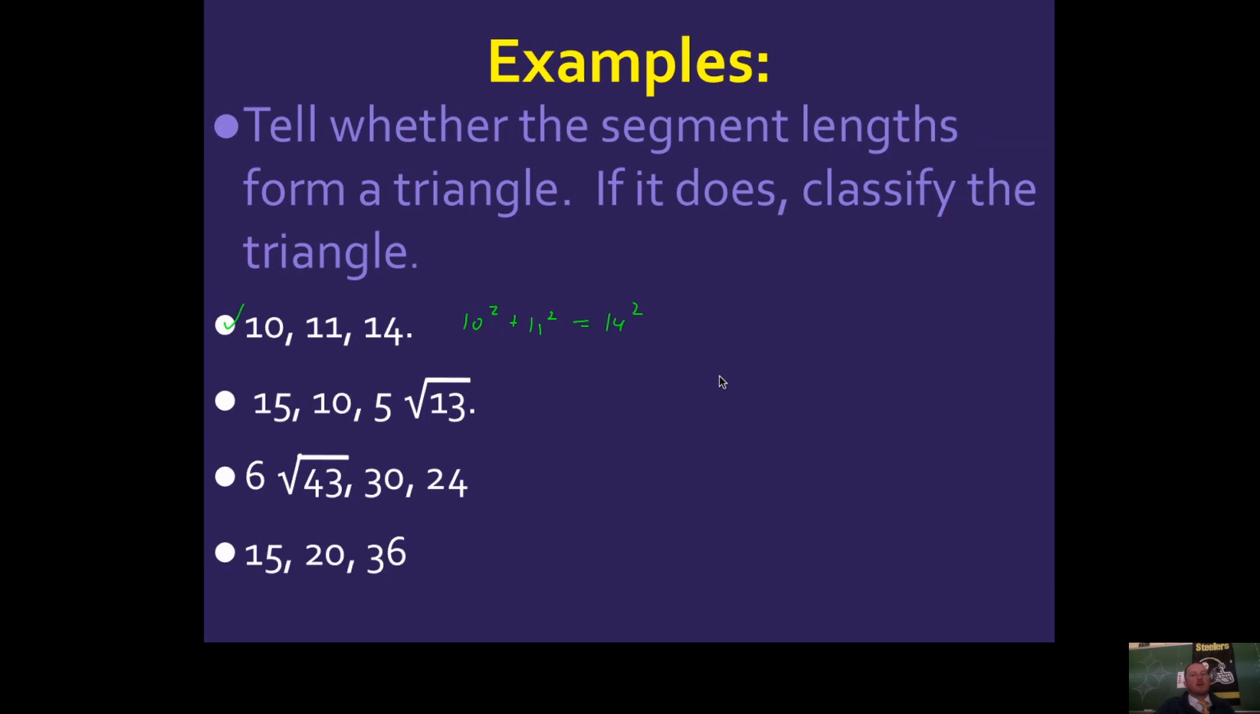Now I'm going to type this in, 10 squared plus 11 squared. That gives me 221. Compare that with 14 squared. That gives me 196. 221 is bigger than that, so this is an acute triangle. This second one,